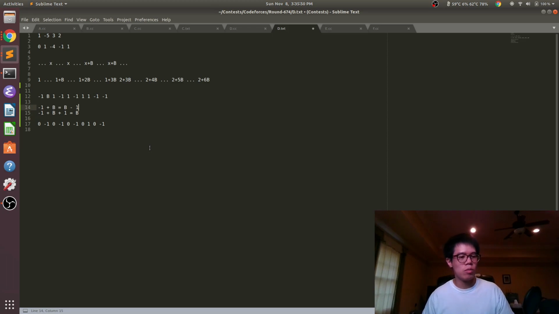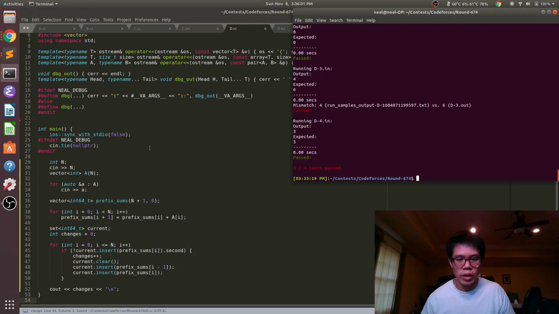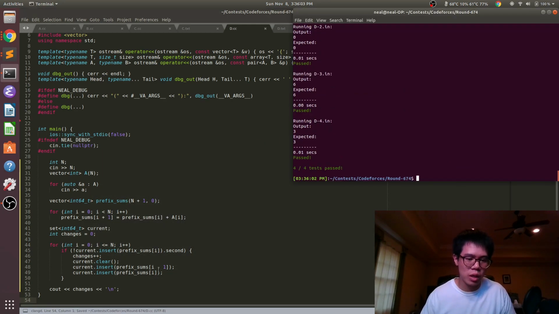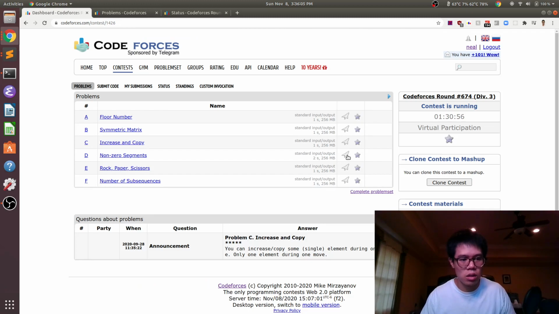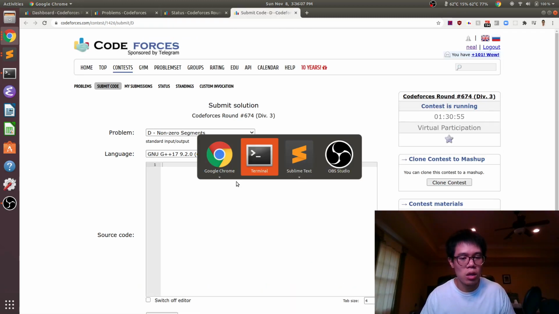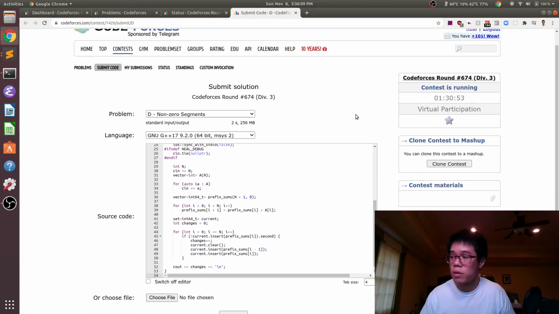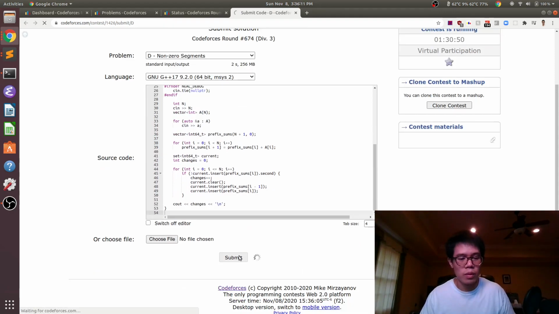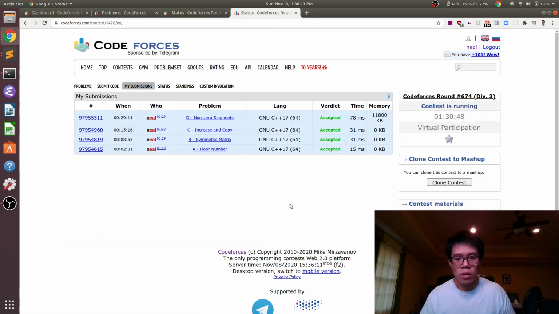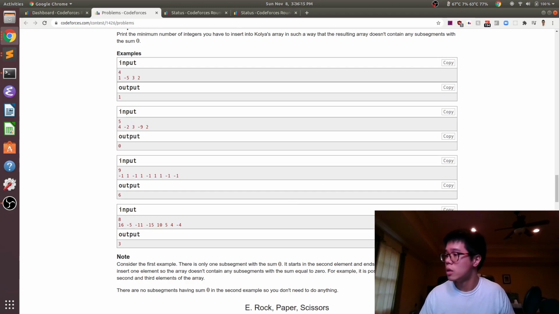And so I don't actually want to deal with b, so I'm just going to call this -1 and just call this 0. But the key thing is we need to insert both of these sums instead. And so that's why we inserted prefix sums i minus 1. So let's give that a shot. Okay, we're accepted.